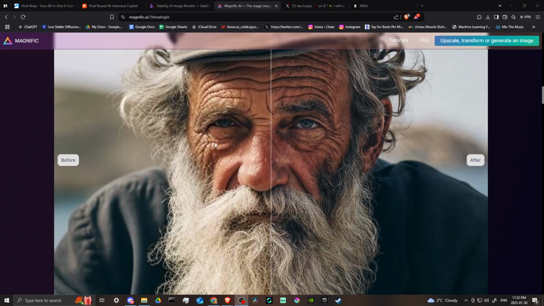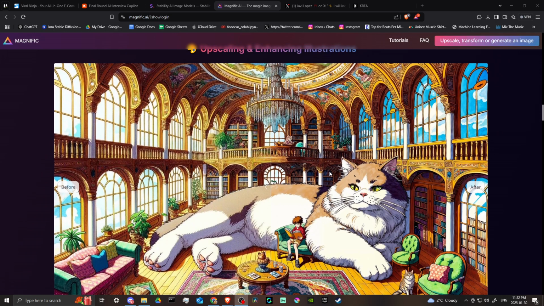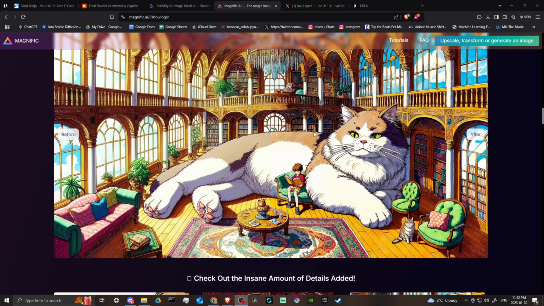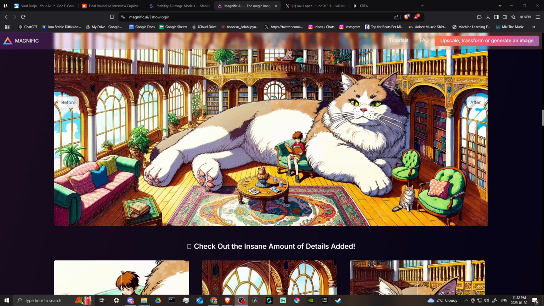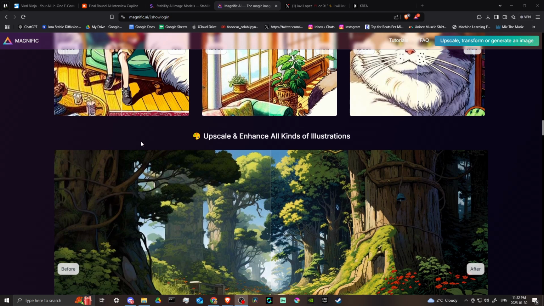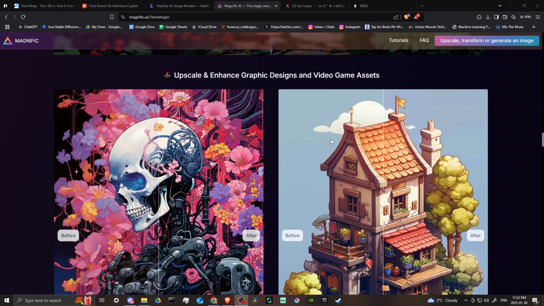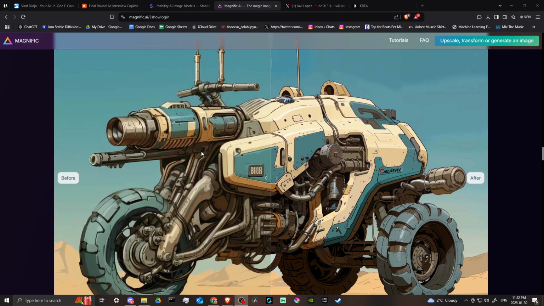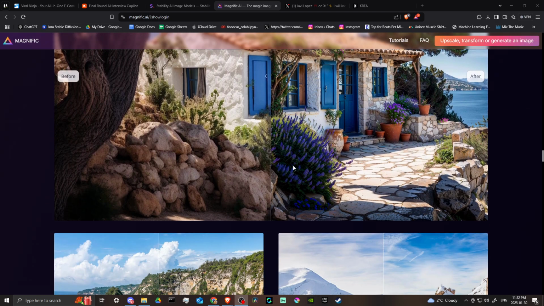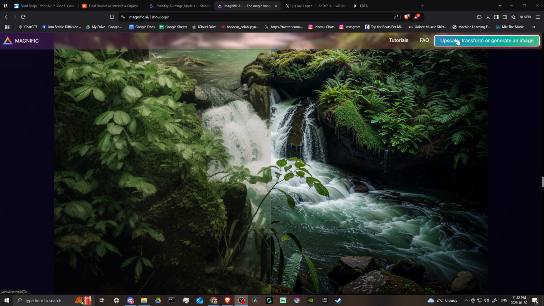And just by looking through some of the images here, you can really see some of the quality that Magnific is capable of, and it really is capable of some astonishing upscaling, and it's definitely got something there to take a look at. Now, that being said, if you go here to where it says upscale, transform, or generate